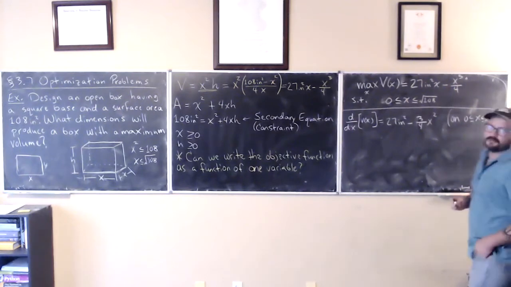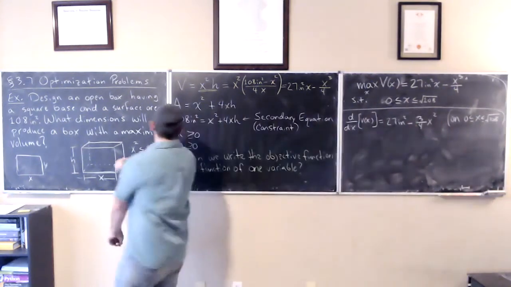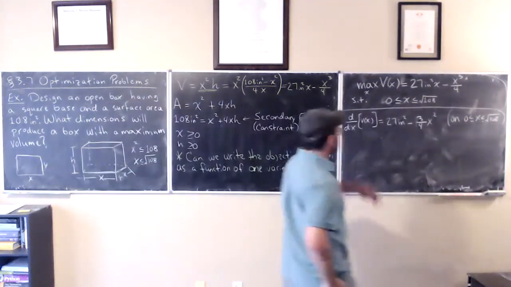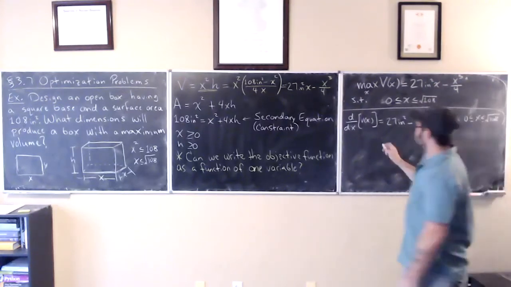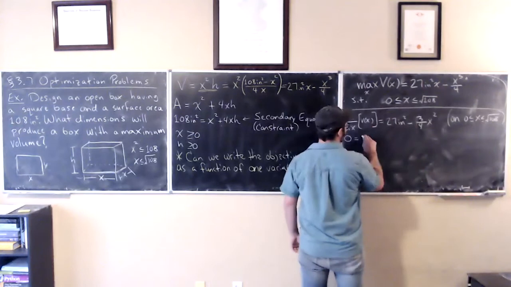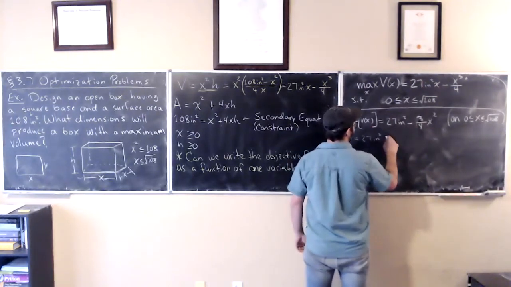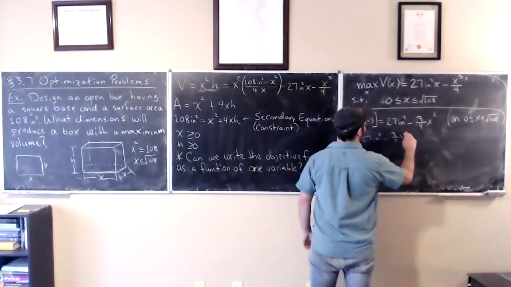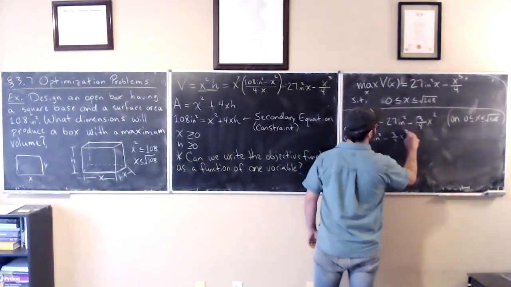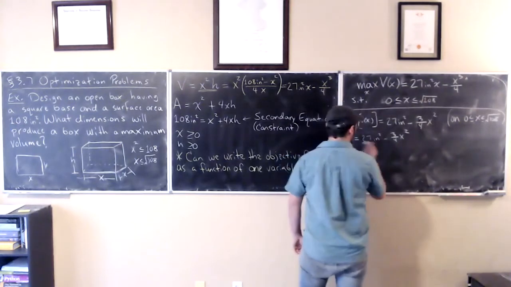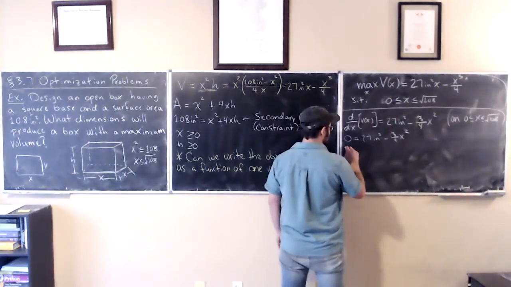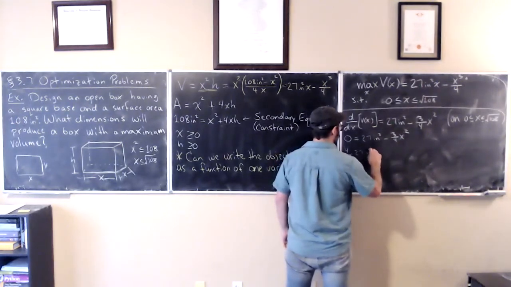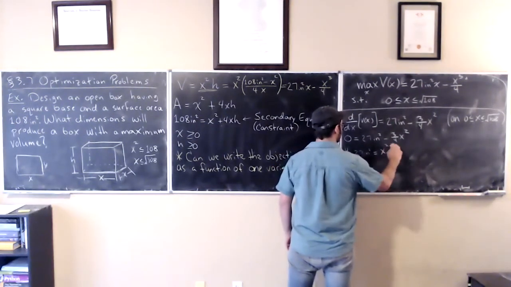So those are the only x that make sense in this problem. Okay, so now let's set this equal to 0. So then we get what? 4/3 of 27 square inches is equal to x squared,